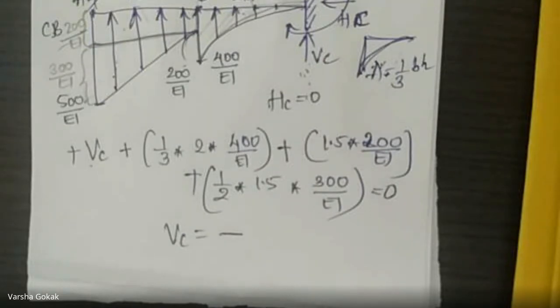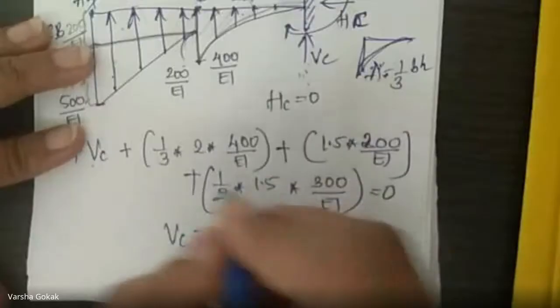Anybody calculating? I'll wait till you calculate. 791.66. Yes, correct. So minus